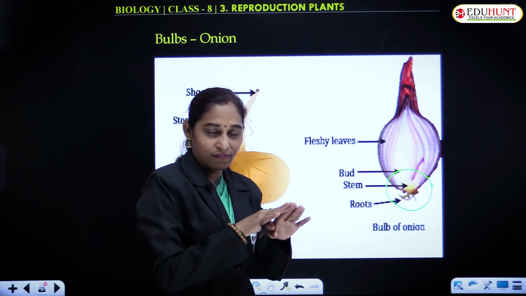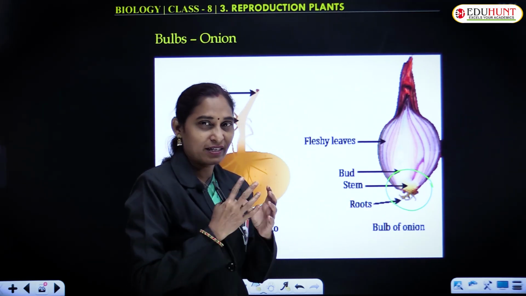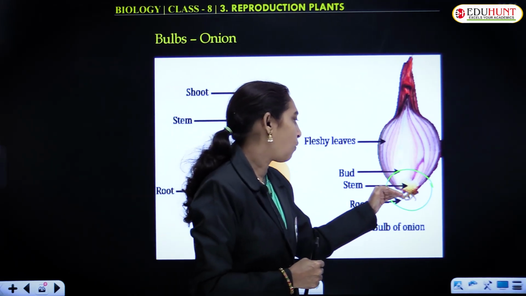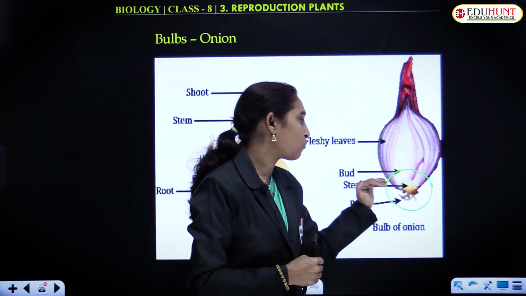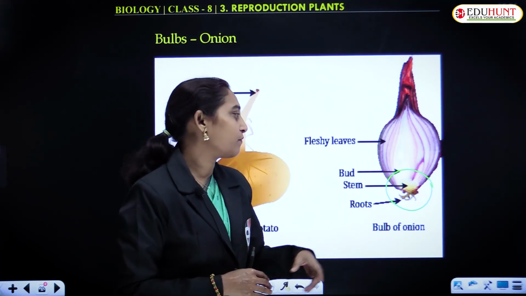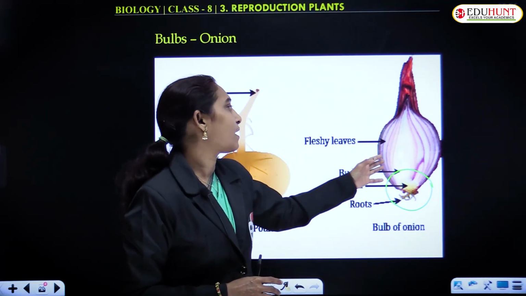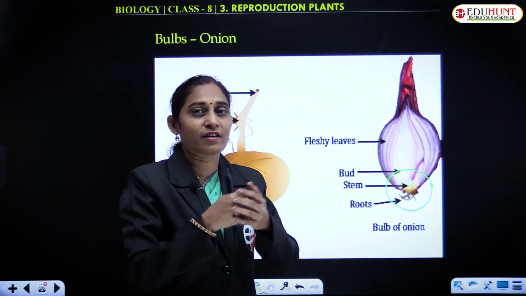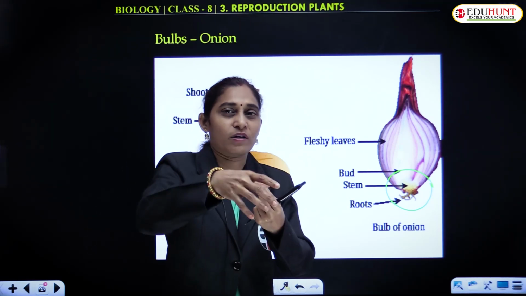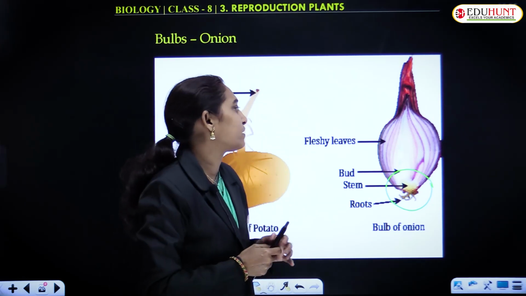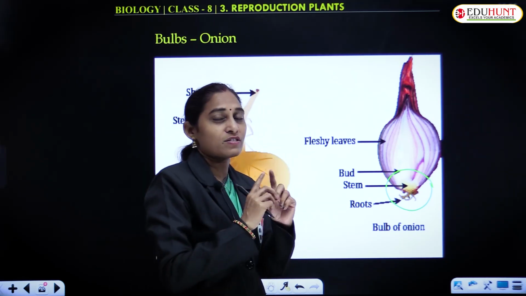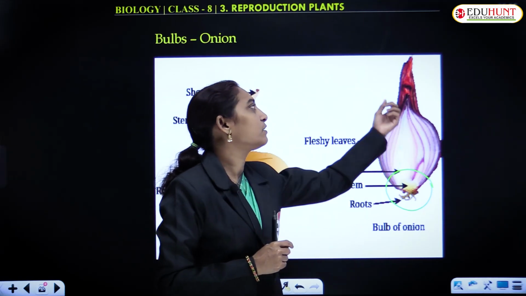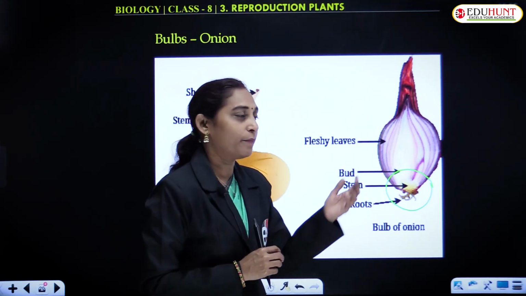This is a very flat, disc-like structure and very dry. The underground stem, from the lower end it gives out the adventitious roots, and from the upper end there are several fleshy leaves arranged in concentric rings. If you peel an onion, the peels keep coming, so they are called the leaves. They are arranged in concentric rings, and there is a bud through which it sprouts, it germinates, and this is